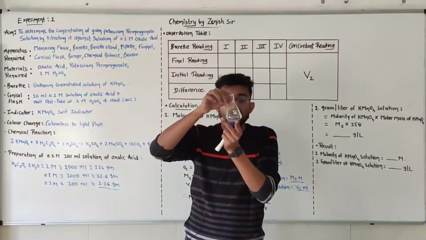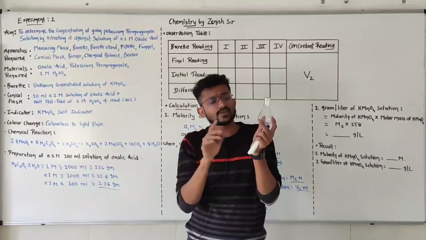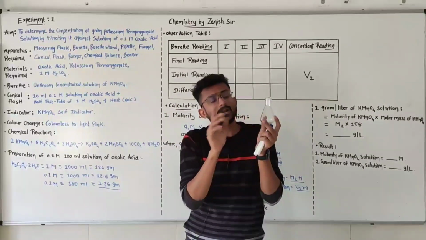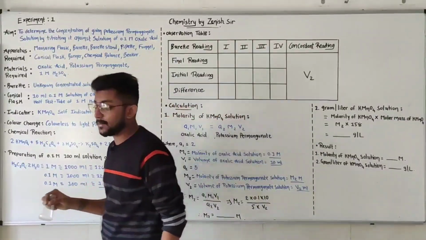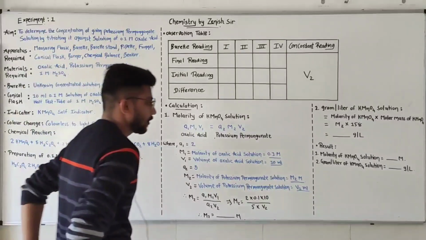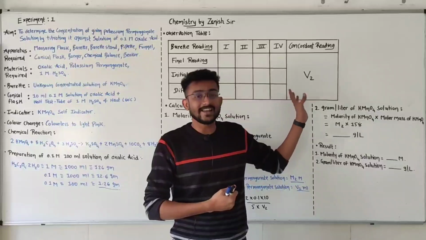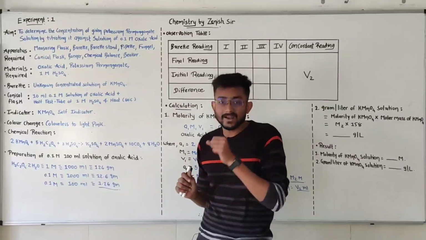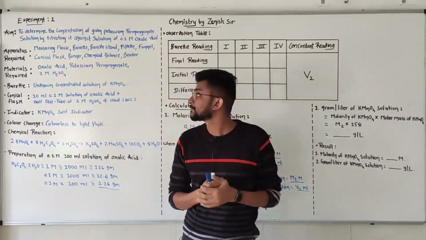Now this is your conical flask. Look at this, there is a volume mark also. This is approximate volume: 50 ml, 75 ml, 100 ml, like that. After the conical flask we require a burner. The burner is for heating purposes. It is attached in the lab, so it is not available right now, but you will come to know the burner in the lab.